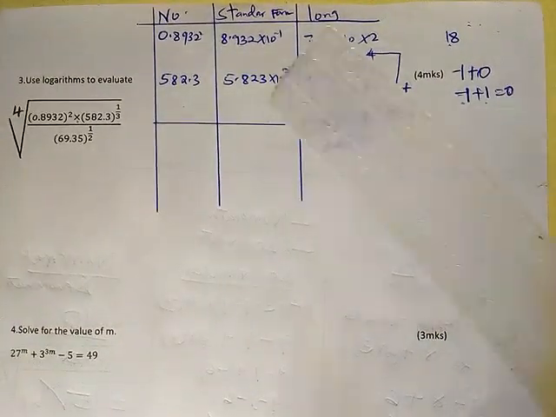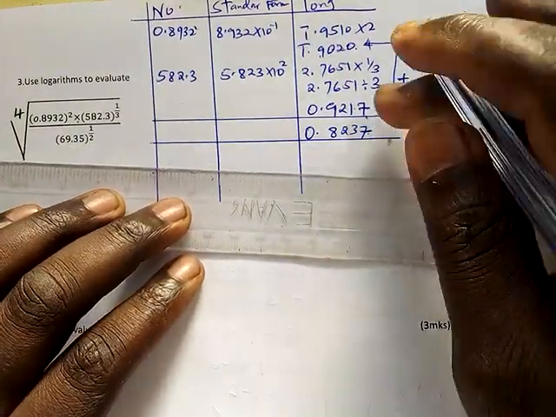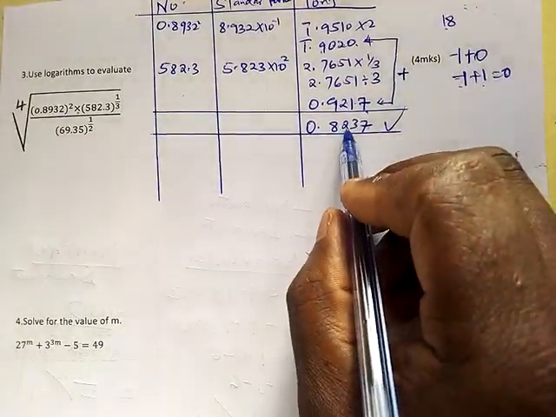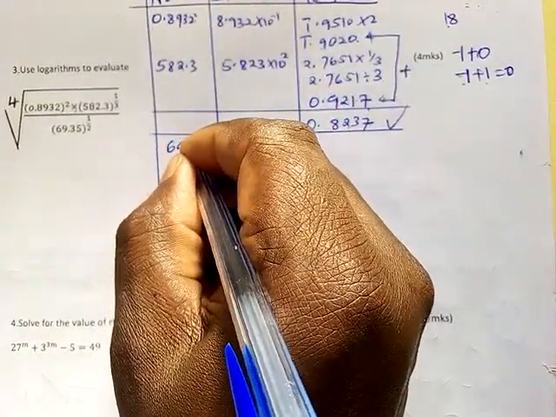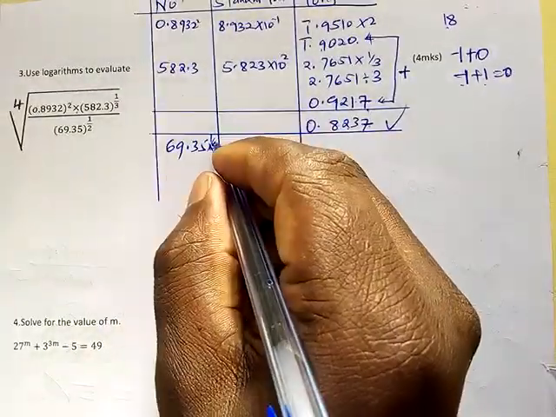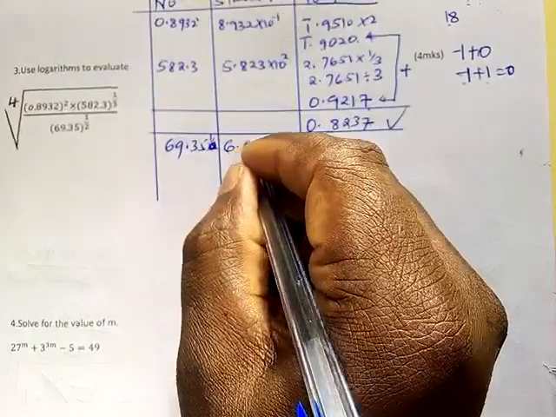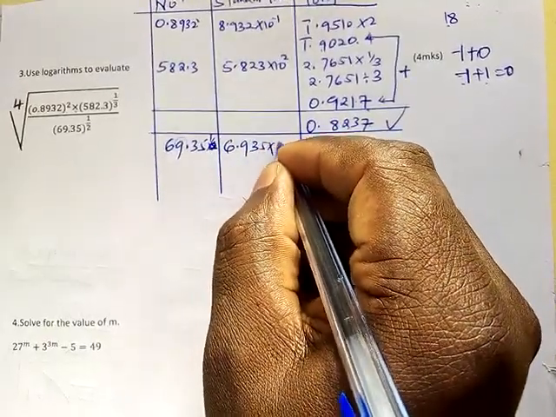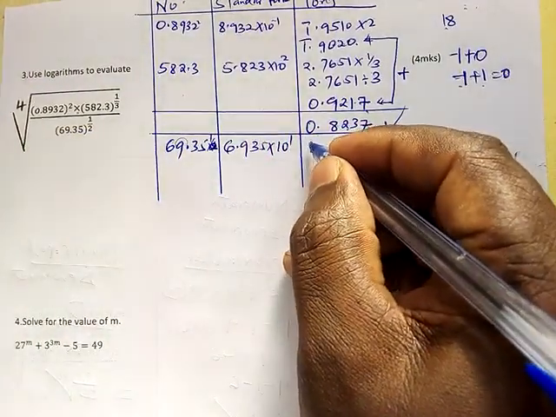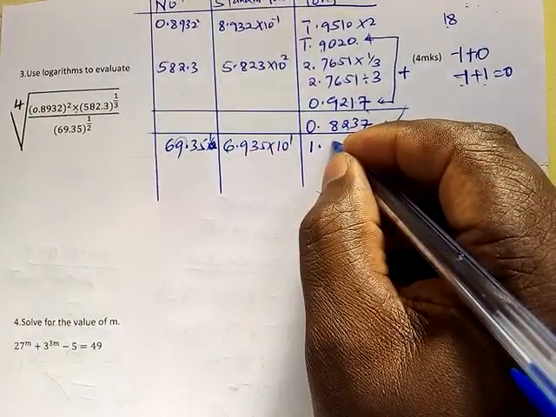So once we have finished the numerator, you underline. So this one is the answer for the numerator, and we are done. Now we come to the denominator. The denominator now is 69.35. We write it in the standard form, raised to power a half. So we write it in the standard form, that is 6.935 times 10 raised to power 1. So our characteristic is 1, and the mantissa, the log is 6,